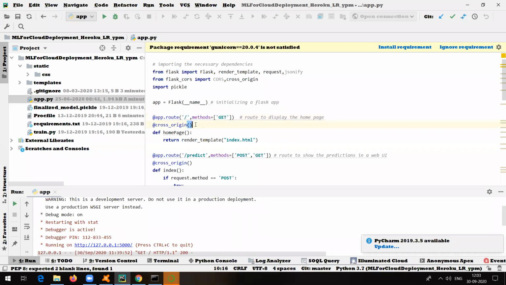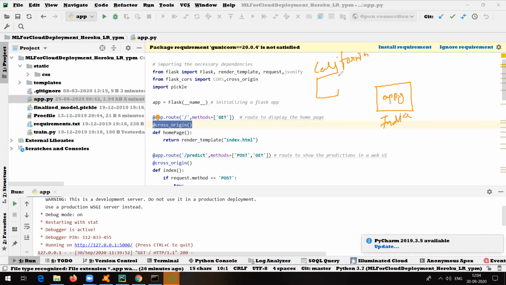And what is this @cross_origin? @cross_origin is actually used for example, suppose we are done with this particular application. My application is on one server in India, right? But there is a person in California who wants to make use of this application.